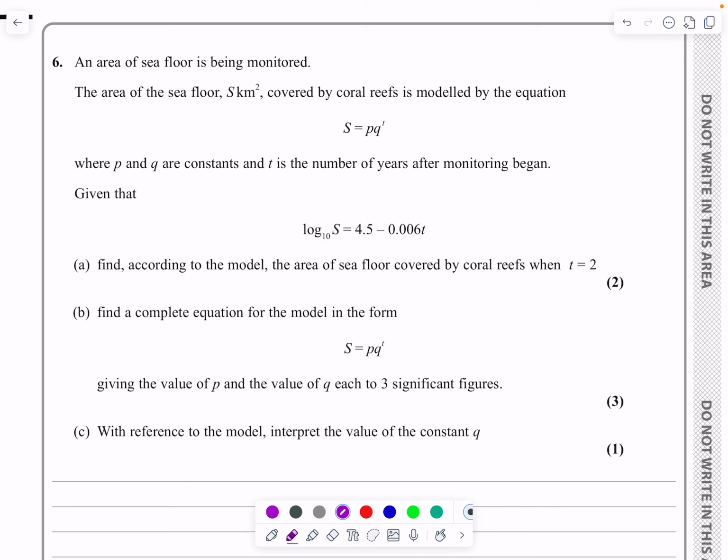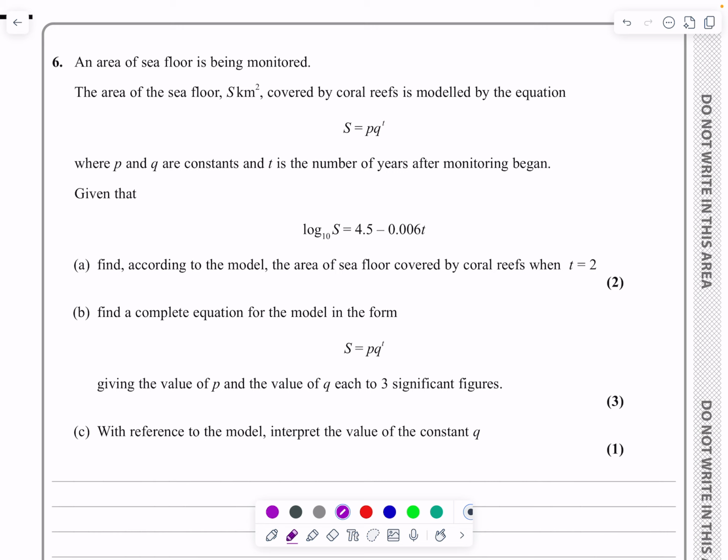Okay, this is the P3 paper from October 2023. It's question number 6, and if we look at it, we can see that this is an exponential and log question. In particular, we're going to be doing the work on logs and non-linear data. So let's have a read through the question, and it says, area of seafloor, S, is modelled by the equation